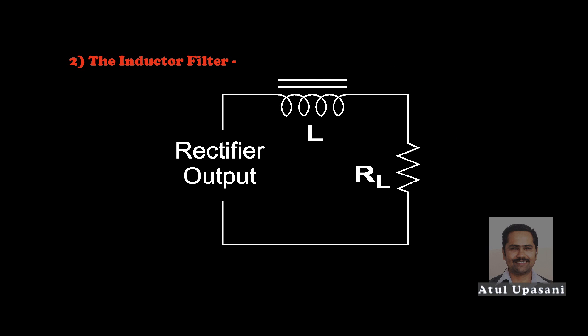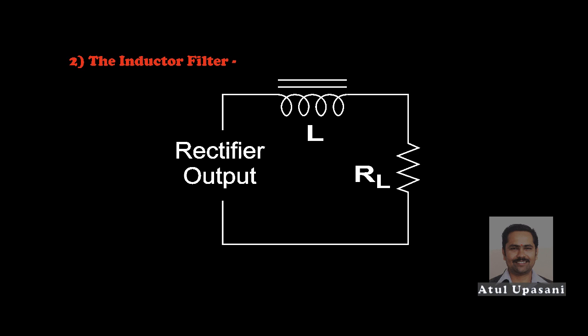As we know, an inductor has the property of opposing any change in the current flowing through it. Thus it opposes the AC flow and allows DC flow. Whenever the current through the inductor tends to change, an electromotive force is induced in it. This induced electromotive force prevents the current from changing its sign. The reactance of the inductor is given by XL equals 2 pi FL, which increases with the increase in frequency. So it blocks the AC component.